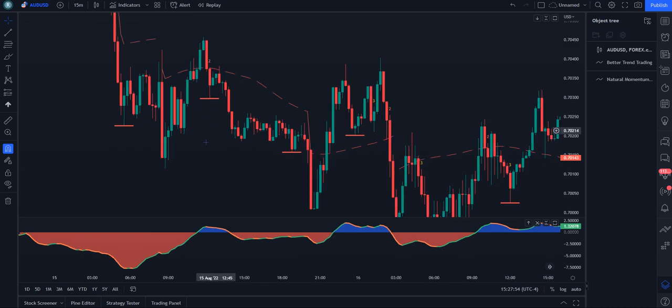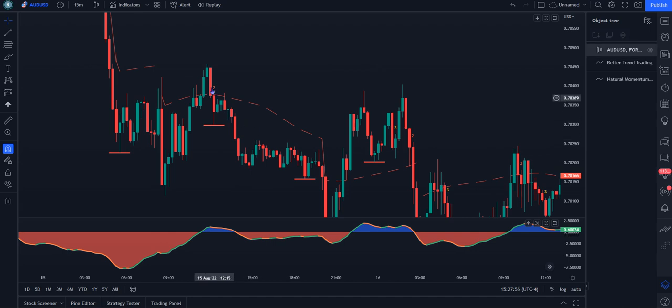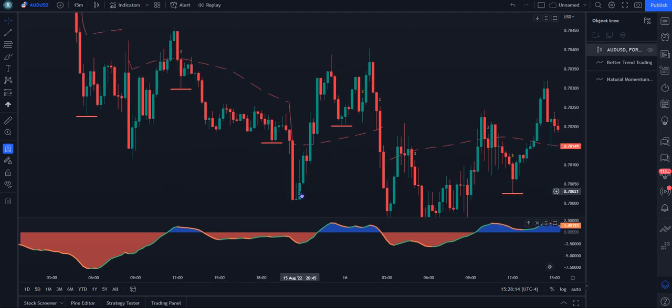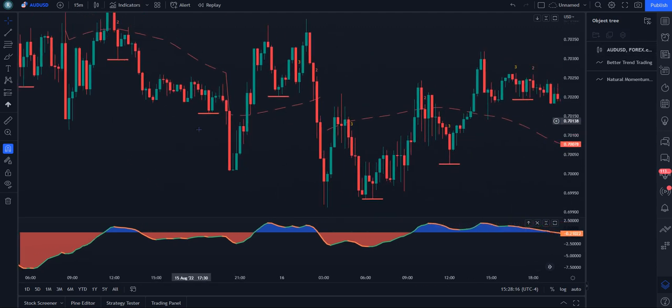A great trade would easily be, after this 2 forms with this candle, with the red line now forming above the blue zoned in section, see price reaches into the gap right here. It's a beautiful gap on both of these candles. Quickly rejects and continues to fall. All the while, red momentum with the red zone